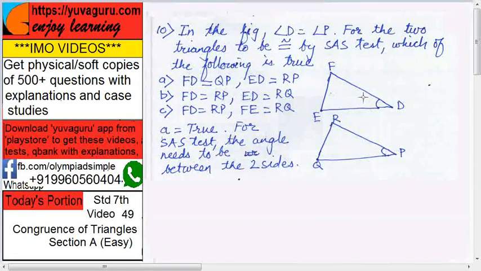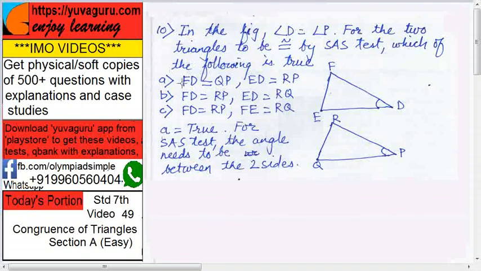These pictures sometimes create a false impression. Check the question correctly. Here, FD equals QP. You might think that FD equals RP should be given, but it's not always so. You have to think in the reverse way also. FD equals QP, okay? Then you have to see the SAS test. So two sides and one angle should be between them. That's the only logic you have to follow. All your remaining notions, free notions, you have to forget.